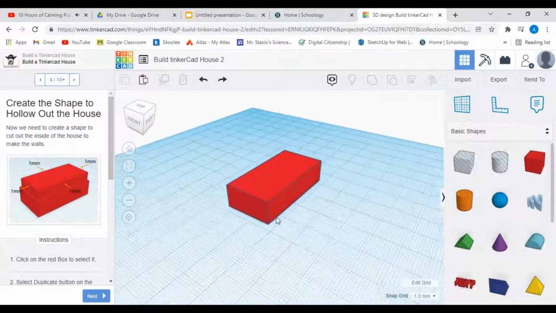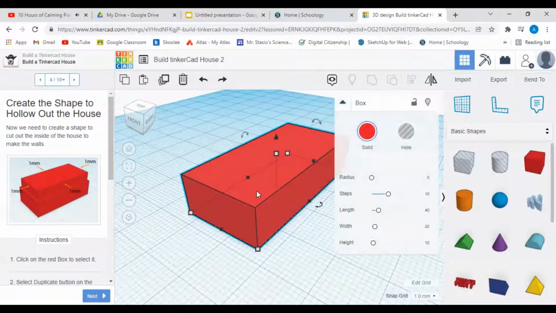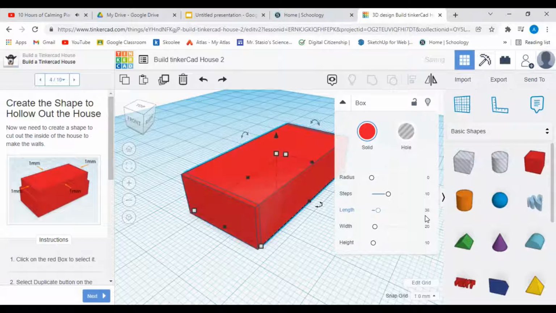Now, I'll zoom in to the shape, and I'll select one of them. I want to reduce the size 2 millimeter from both sides, from all directions or all sides. We can do this by clicking on the white dot, or we can type here. This is 40, I'm going to make it 38. And the same thing for the width, 20, I'm going to make it 18. Okay,